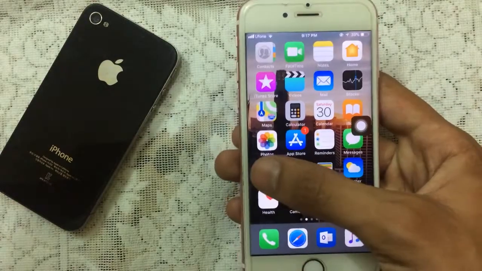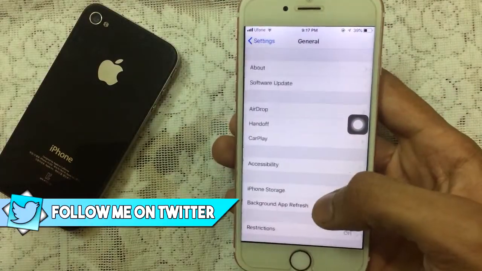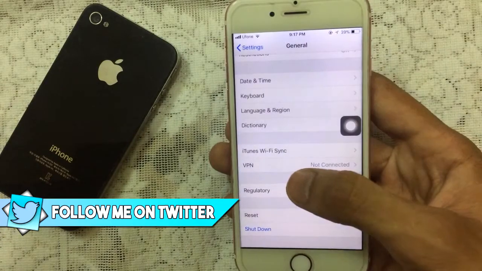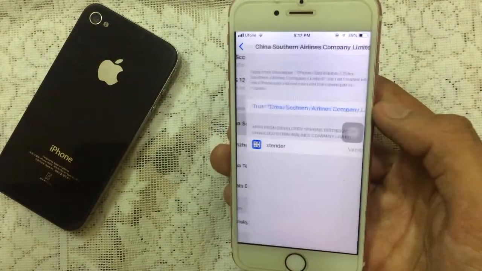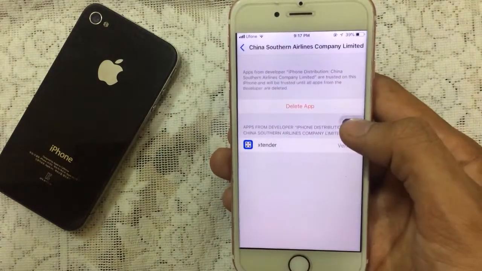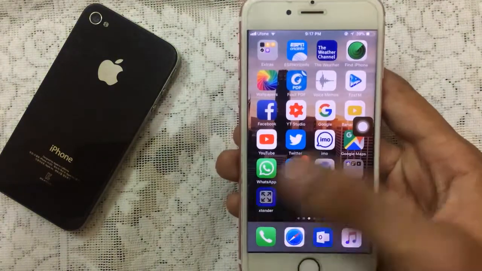At least for me. So go to settings, then you want to go to general, then scroll down, go to profiles and device management or device management. Just wait for a while and tap on that. Tap on the profile, tap on trust again, and the app is now verified, so you can launch it now,